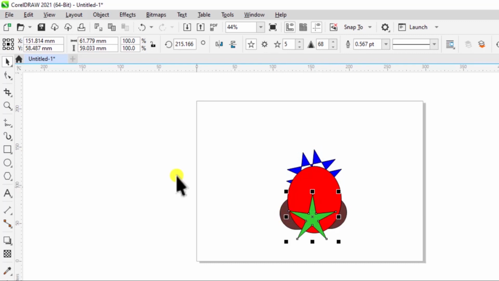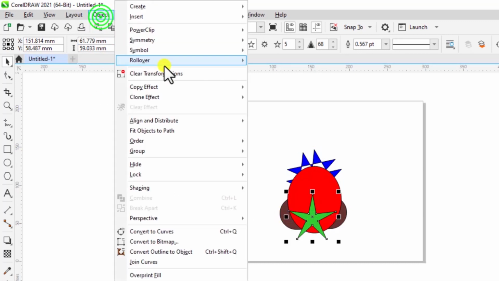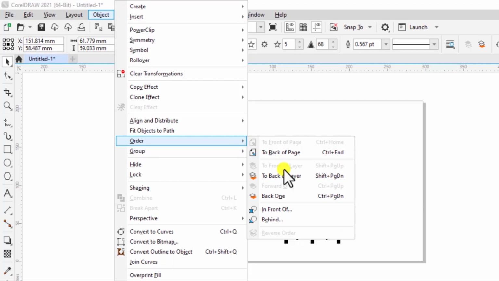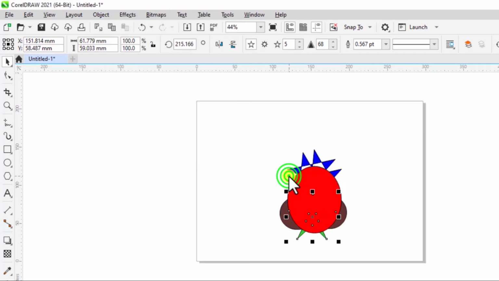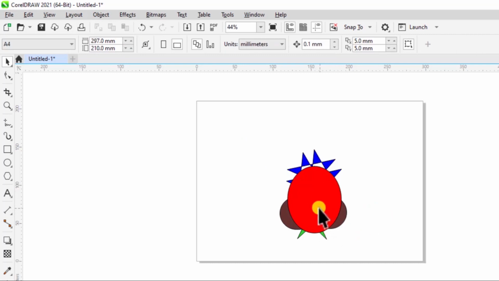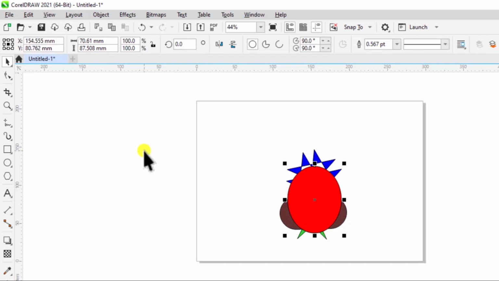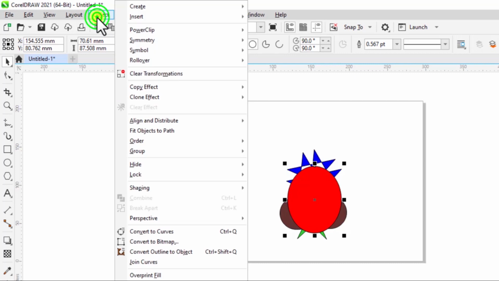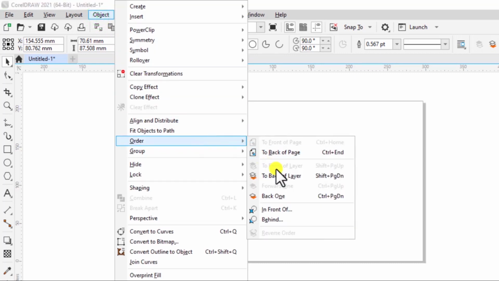If you want to take it back, just come back to Object, Order, and then To Back of Layer. I need to take it back to that layer. So let's try with this one. Let's try taking this to the back. Object, Order, then